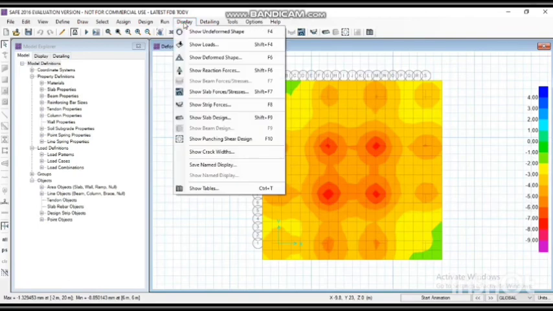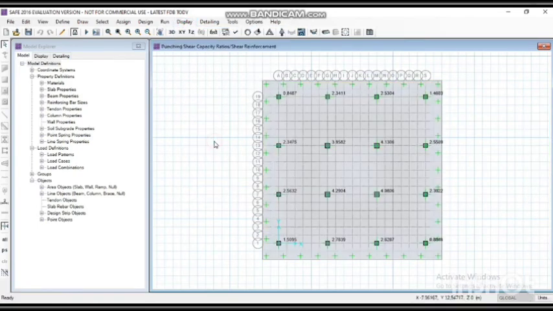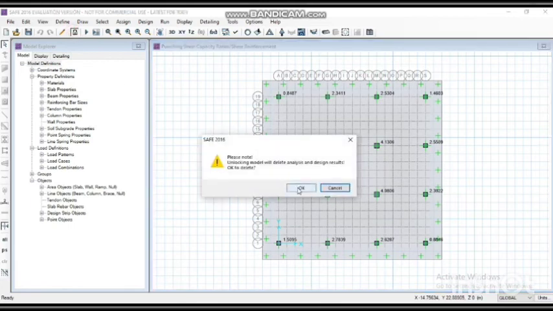Now go to the display menu and select show punching shear design. Here we are seeing that many values are greater than 1, hence unlock the model first